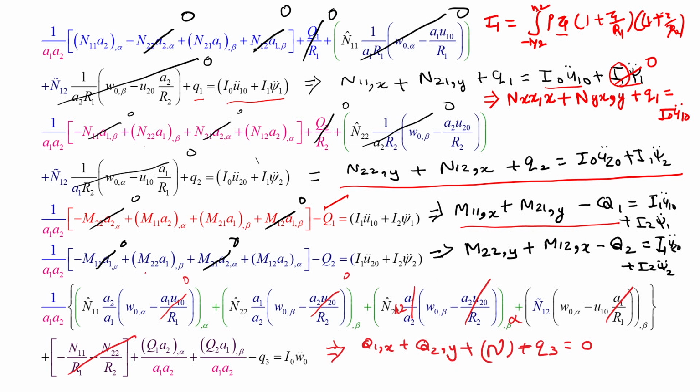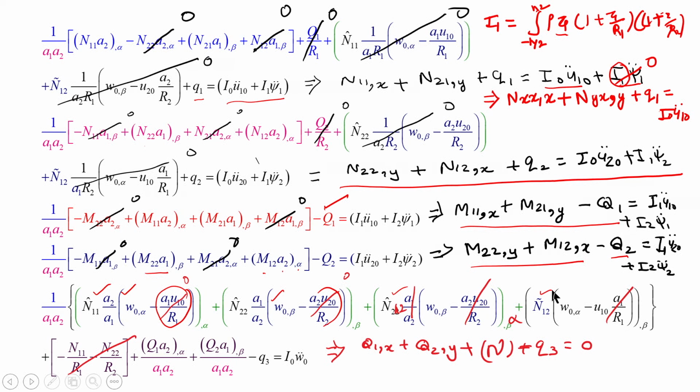Then the fourth equation. Here m22 a1 comma beta will contribute and m12 a2 comma alpha will contribute. That is equal to q2. When you come to the fifth equation, you see that first we have put the nonlinear terms, then the linear contribution. Here in the nonlinear contribution, this single term a1 u1 0 by r1 will not contribute, but definitely these nonlinear terms will remain. Then next this will not contribute and they will remain. Same way n hat 2 and n tilde 2.